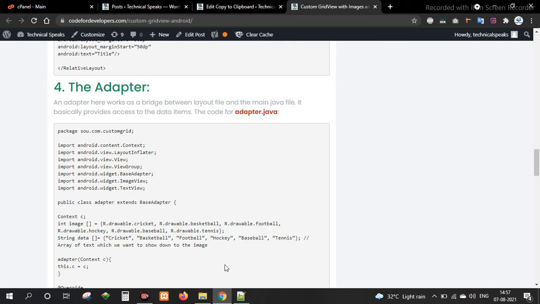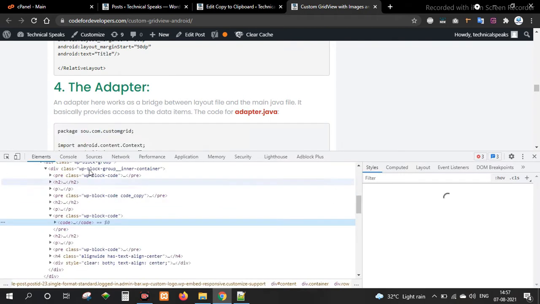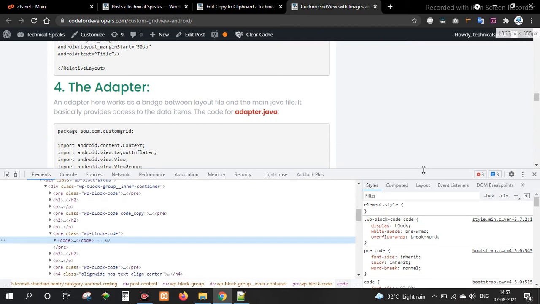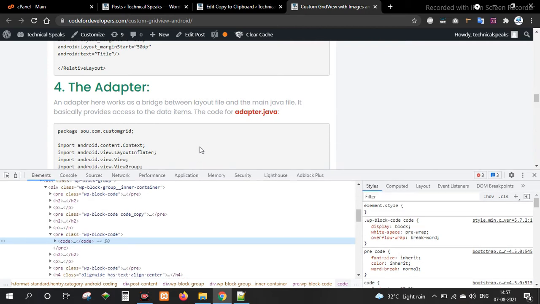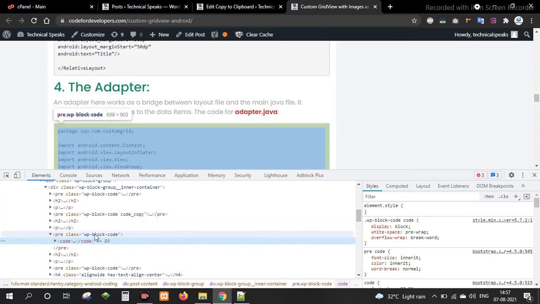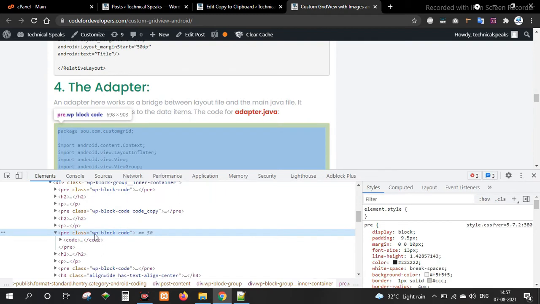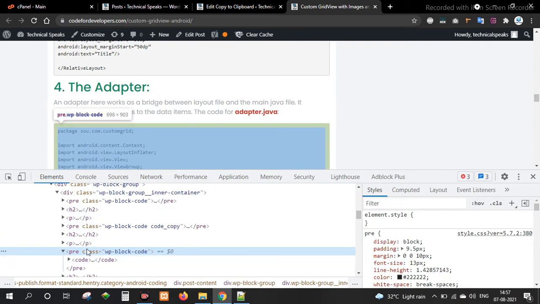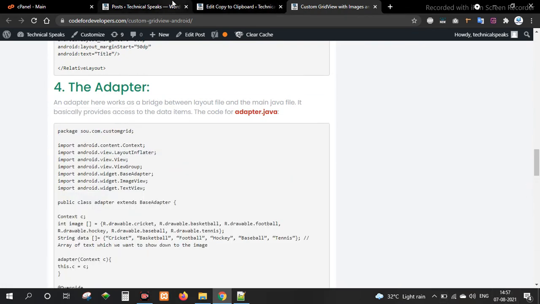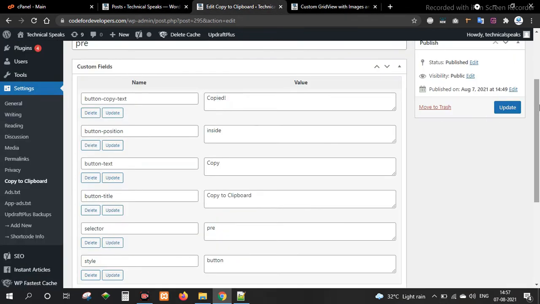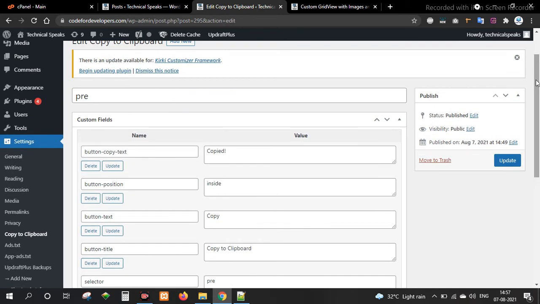Selector is nothing, friends. If I inspect this, it is a code element. A code element is inside a pre-tag. This is part of HTML. If I inspect this and zoom in, you can see that this is a pre element. I have added a class here, but it's not a big issue. It's a pre element, and inside the pre element here is code. So what do we do now? By this plugin we have already got the pre element, so we do nothing, it is already set up.